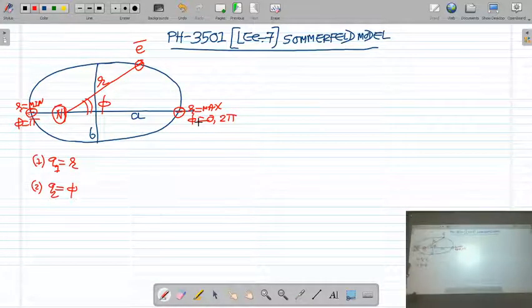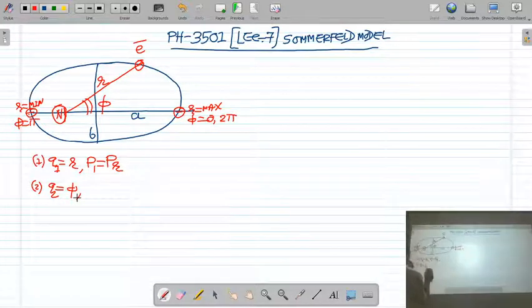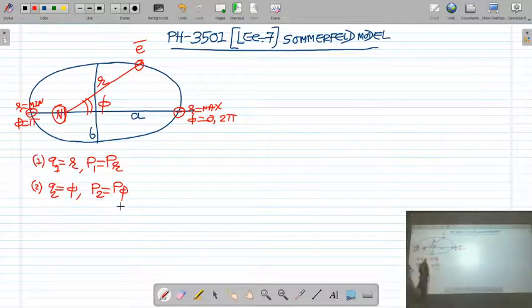Now, you know very well, corresponding to the r coordinate, the radial momentum of the electron is p r, and corresponding to the phi coordinate, the angular momentum of the electron will be p phi. So we have two phase integrals. One phase integral we can write for the r coordinate, and the second phase integral we can write for the phi coordinate. That is known as the Wilson-Sommerfeld quantization condition, which can be applied to the r coordinate and phi coordinate separately.